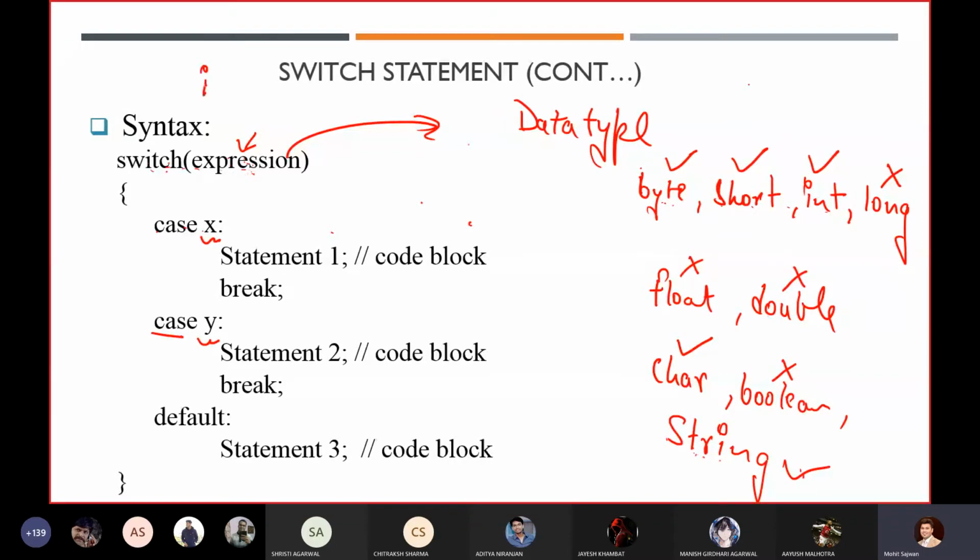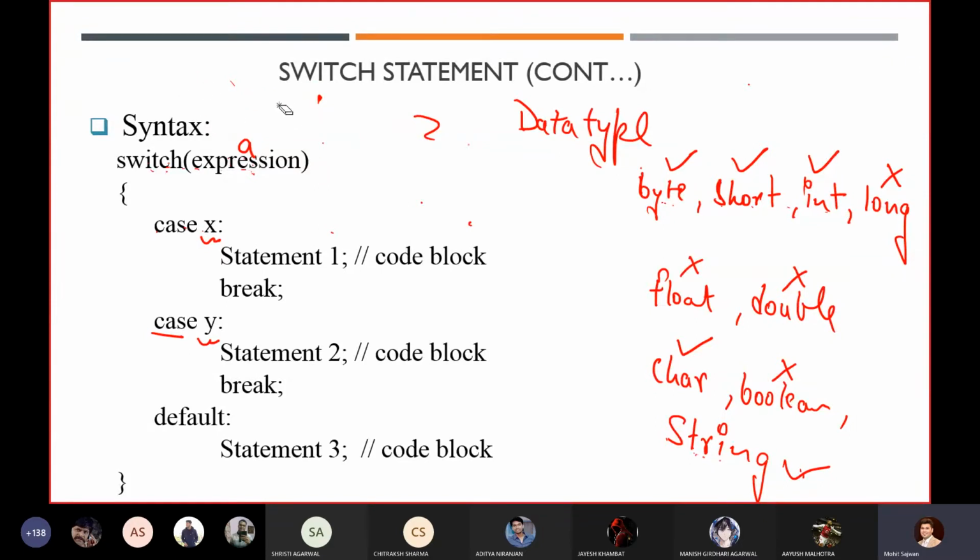If I write int a equals 4 and pass a, my program will execute fine. If I write byte or short, it will work fine. But if I write long, it will give me an error saying it will not consider long data type values.